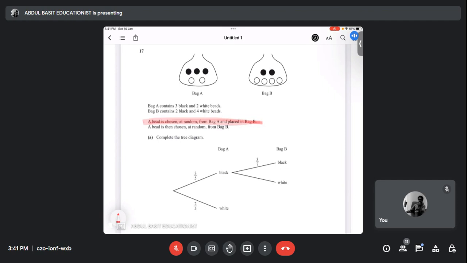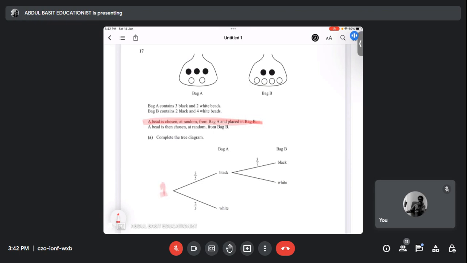इसका मतलब ये है कि आपने एक बीड अपनी मर्जी से, जब आपने उस बैग ए में हाथ डाला है, तो आपने बैग से बीड निकाला है और वो वाइट आया है, तो आपने अब उसको बैग बी में डालना है। एग्री? यस और नो? तो जब एक बीड आप बैग ए से बैग बी में डालोगे, तो इस बैग बी के टोटल बीड्स कितने हो जाएंगे? 7 हो जाएंगे कि नहीं? हो जाएंगे। ओके, सो बस ये चीज अपने दिमाग में रखनी है।